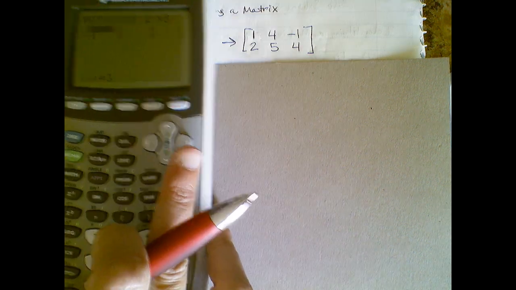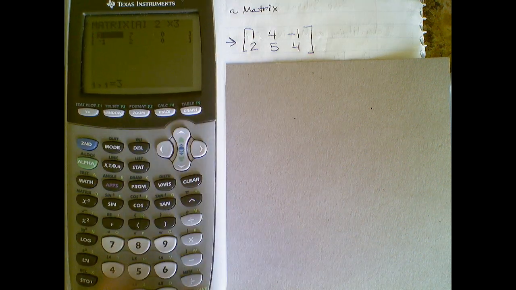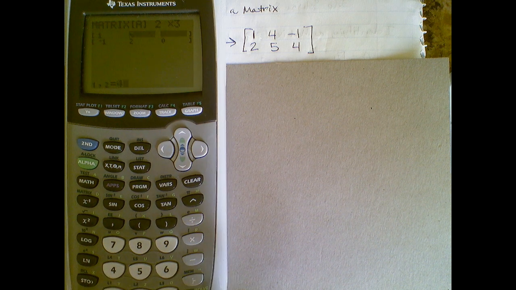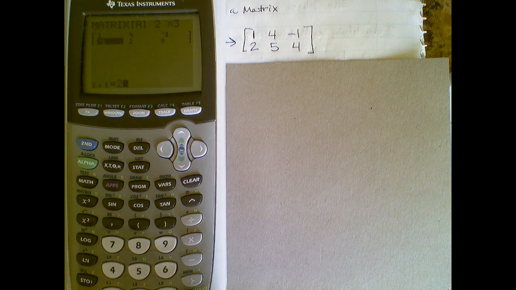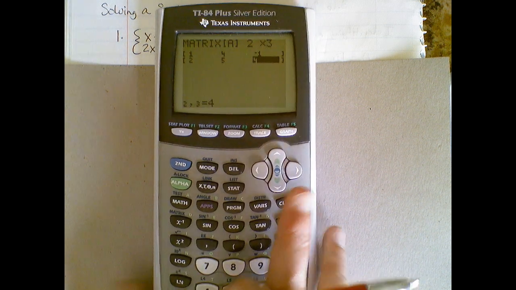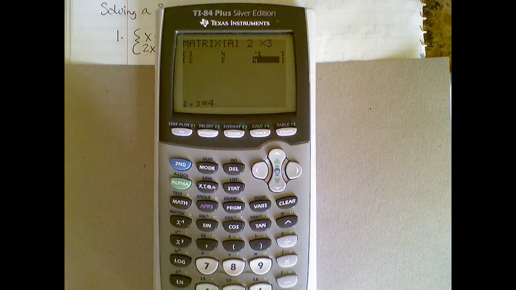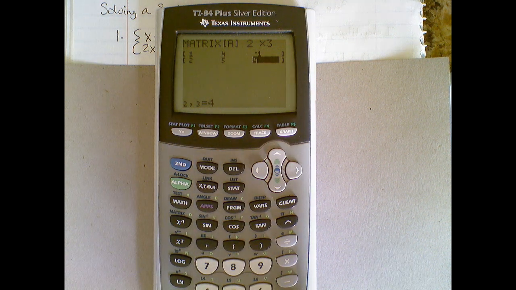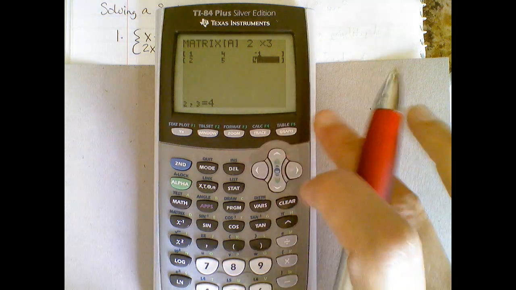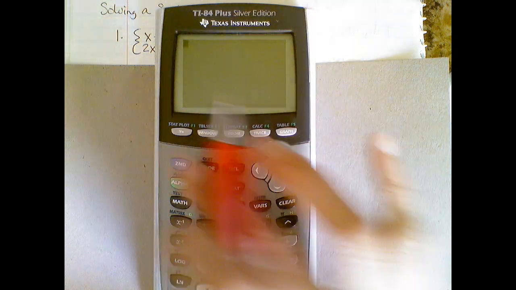And then we type in these numbers. So we need to go 1, enter, 4, enter, -1, enter, 2, enter, 5, enter, 4, enter. Now make sure before you go any further, check to see if all those numbers are correct. If they're not correct, then the calculator's not going to know the correct equations, so it won't give you the correct answer. So once you have them typed in, click graph clear, get out of that screen, then go second